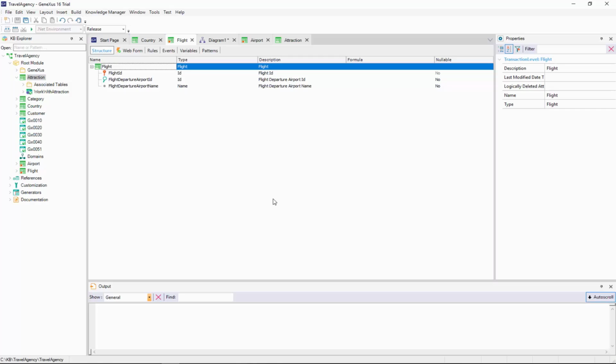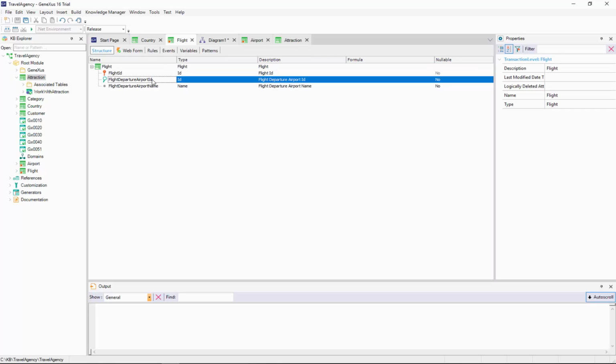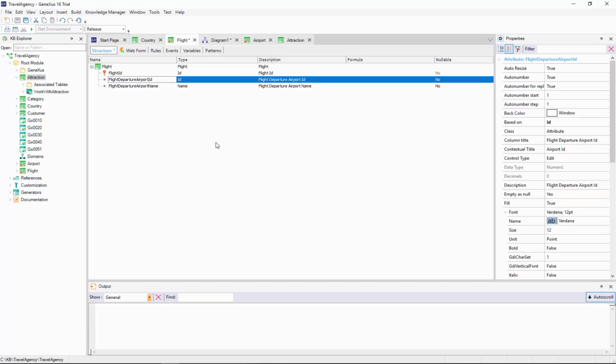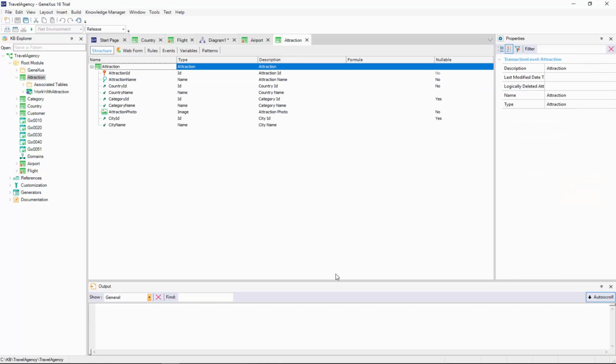In the flight transaction, we do not want the departure airport to be the attribute that best describes the flight, so we remove it. We can see that it's indicated with the square symbol, meaning that it is a secondary attribute and is not considered a foreign key. Let's compare this to the country identifier definition in the attraction transaction.